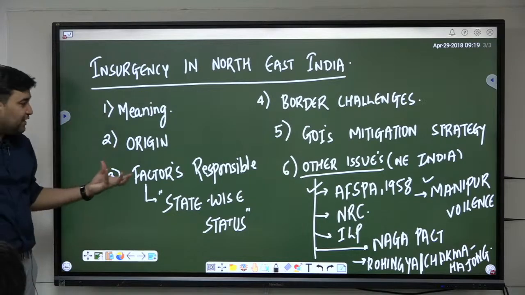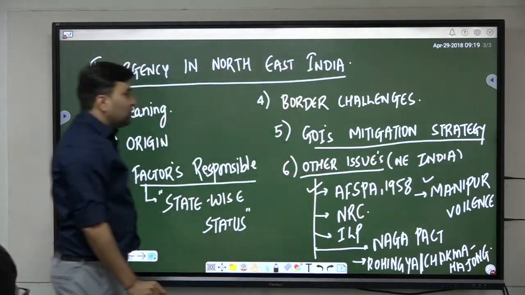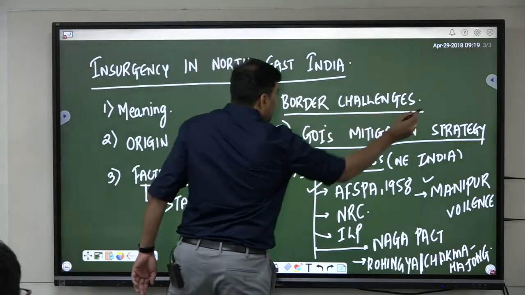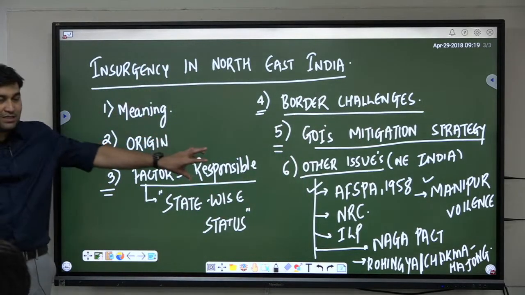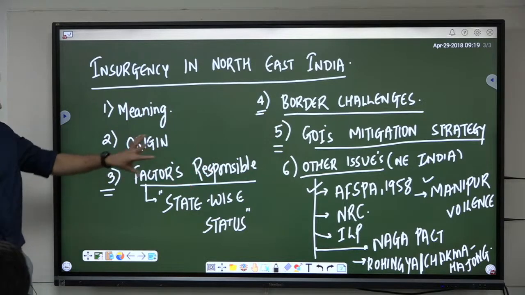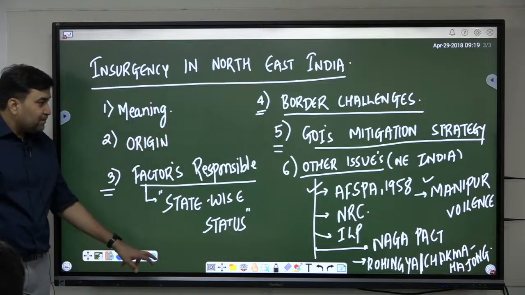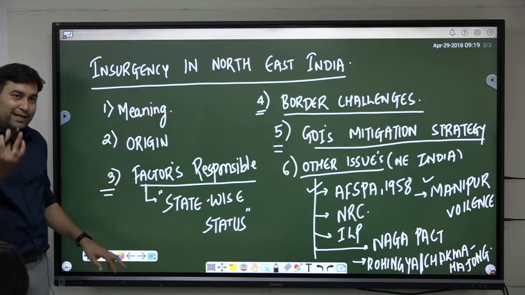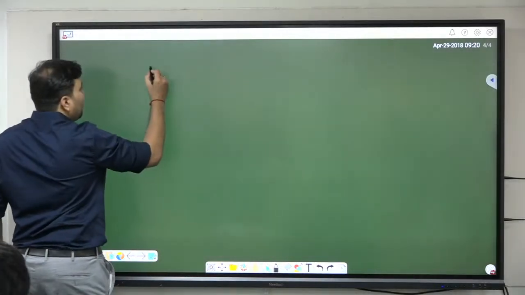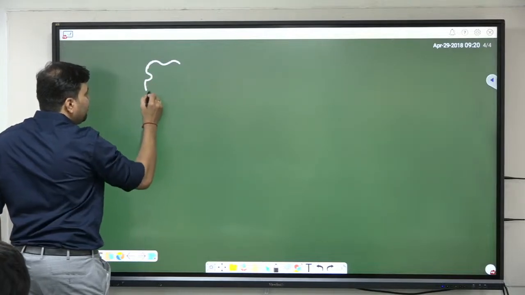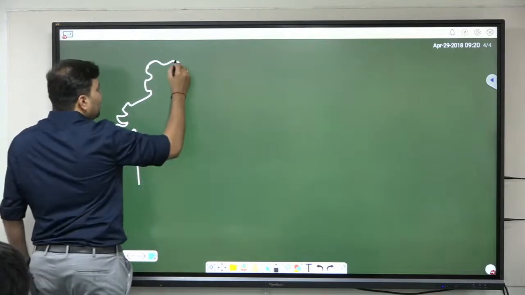So here we will focus mainly upon this thing and this thing. However, you should also understand, these are the 3 points which you should know for your mains examination. But without understanding this, you cannot understand any other issue. So in brief, we will take a general idea about this in 10-15 minutes, and then we will move on to this part, right? Before starting all these points, let us try to understand India itself and Northeast India itself, right? Now, I just want to give you a brief idea about Northeast India, and then we shall